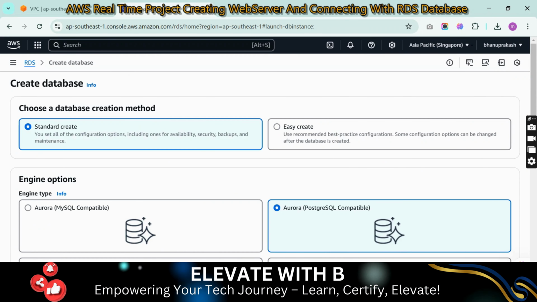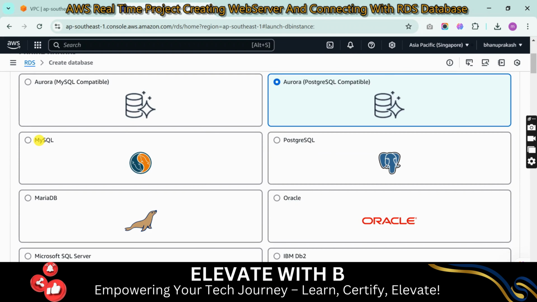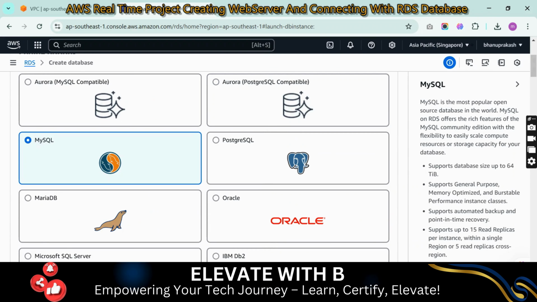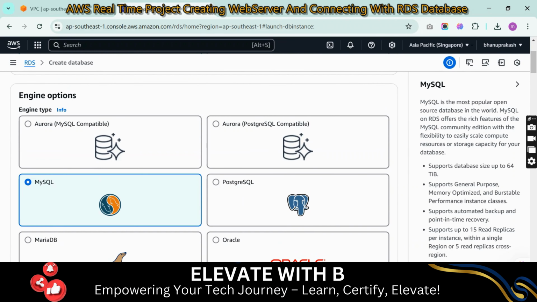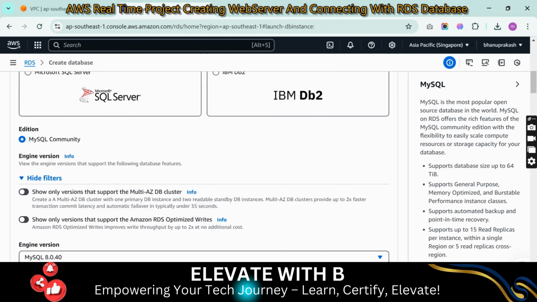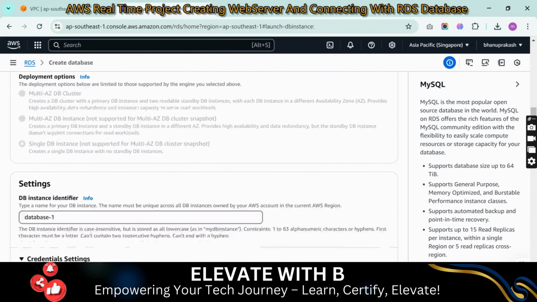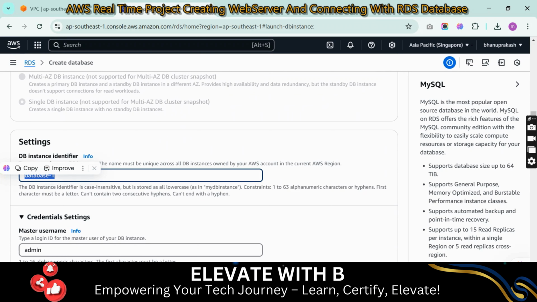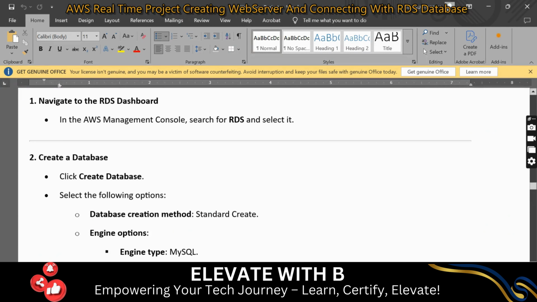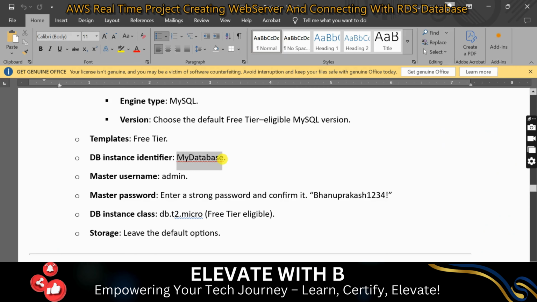Select the standard one, and here you select the MySQL. Don't select any other option because MySQL is giving some free of cost. So select MySQL and scroll down here under the templates. Make sure you are selecting under the free tier. Now scroll down. Database identifier is nothing but the schema. Schema is nothing but the space which we are getting inside the server. So the schema name I am going to enter as my database,